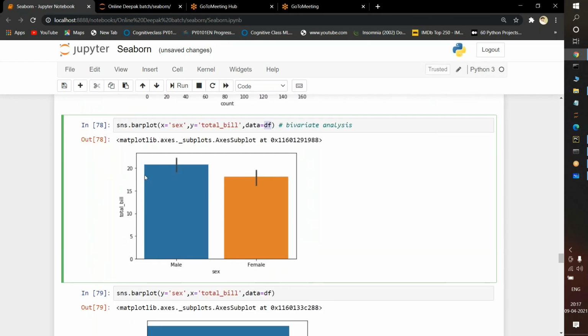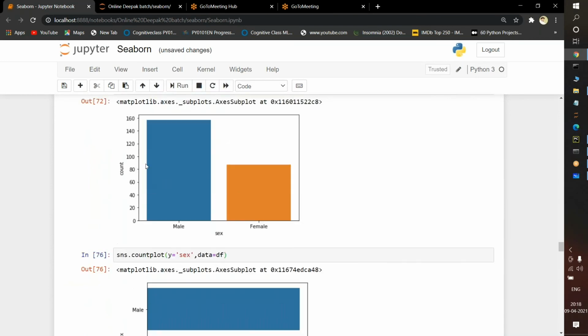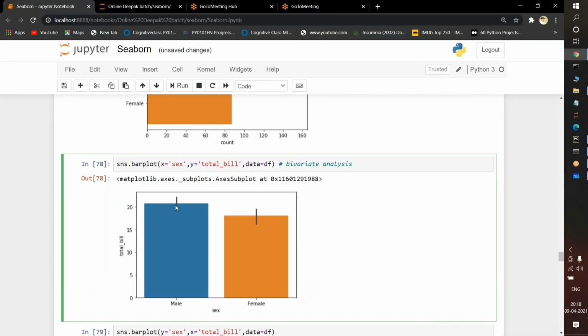So these two relations are going to be shown in the form of a bar plot. This is the purpose of using a bar plot. Initially the count plot showed me only probability values on the y-axis, but with the help of a bar plot I can find out, for two features, for two columns, how much they depend on each other. What is the count of the two columns?